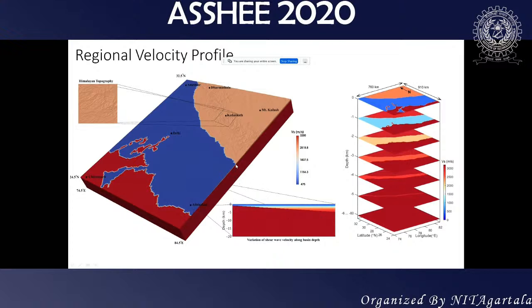As it goes towards the Himalayas, the depth of sediments increases up to 6 kilometers or 7 kilometers, but when it comes to the shield region, the depth decreases. So this is a very peculiar basin. Based on all the receiver function analysis and other kinds of studies, we have developed a 3D shear wave velocity model, or depth-wise velocity model, here, and the top shear wave velocity is around 475 meters per second. So we have done this.